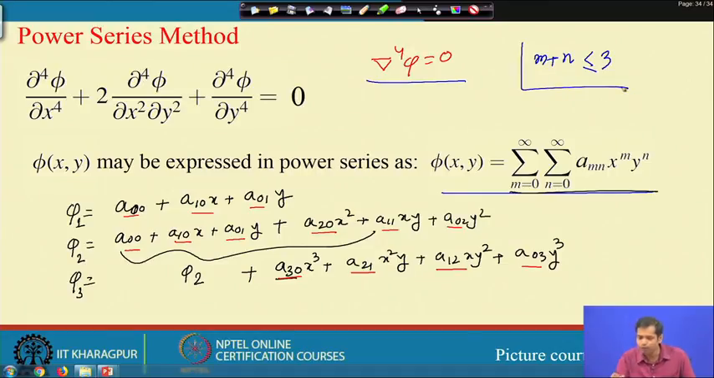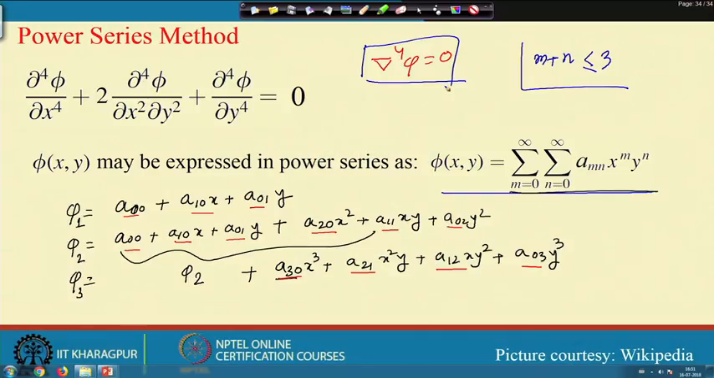So, for any polynomial up to third order, this condition is automatically satisfied. So, if for a problem we are assuming a third order polynomial, then we do not have to really show that this compatibility condition is satisfied. Then in that case, what will happen? The compatibility condition is automatically